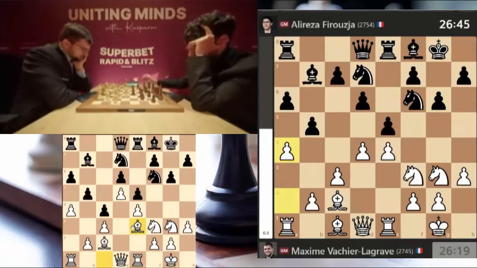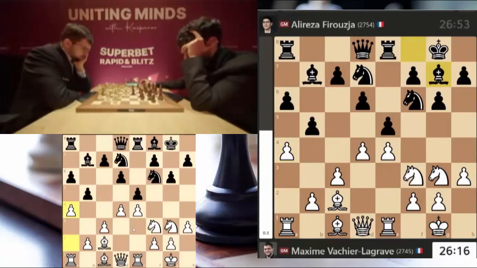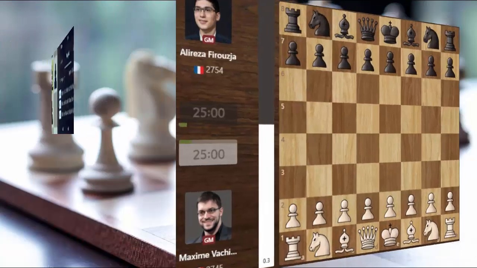And they have started with a4. I think in the return match of 1992. Very interesting. Oh, bishop g7. Yeah, it's a very natural move, but it's statistically...